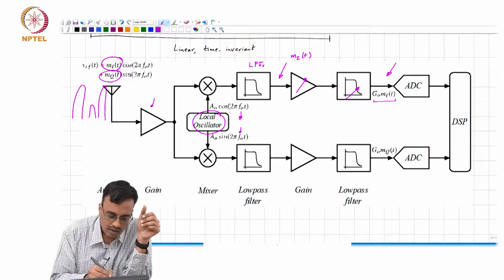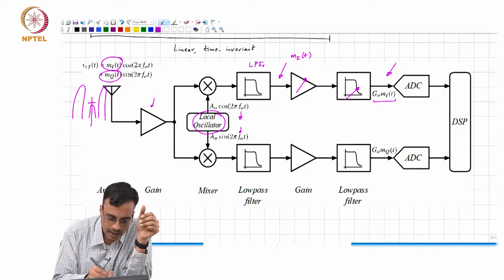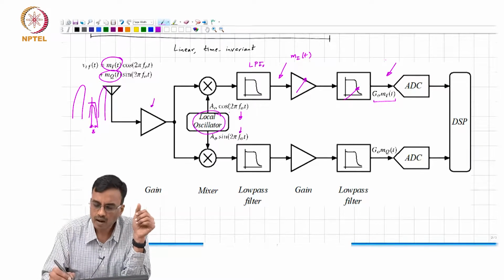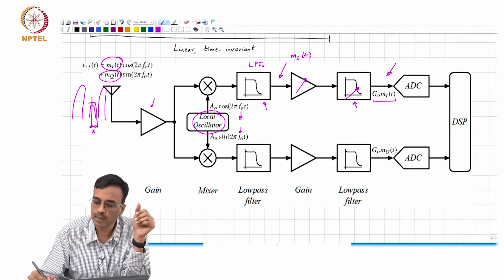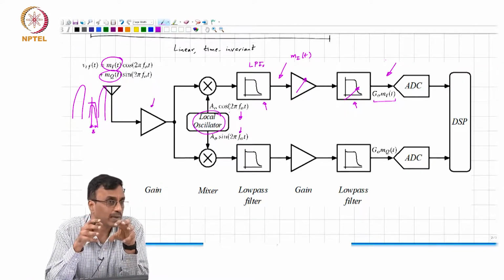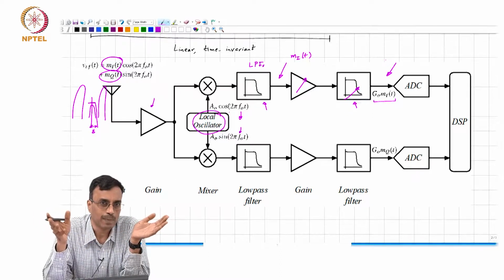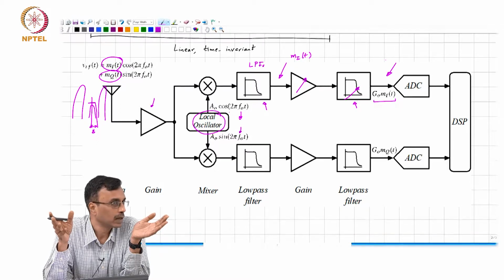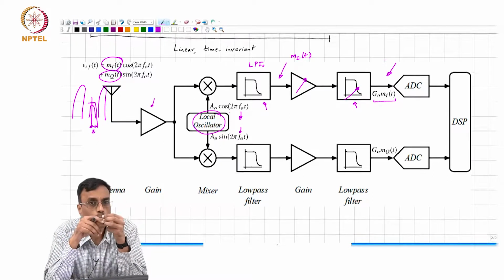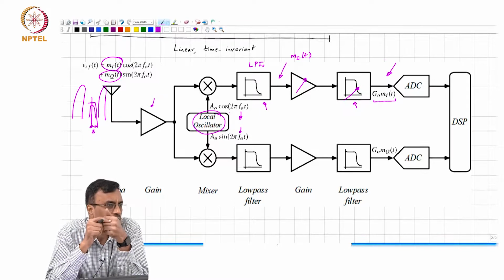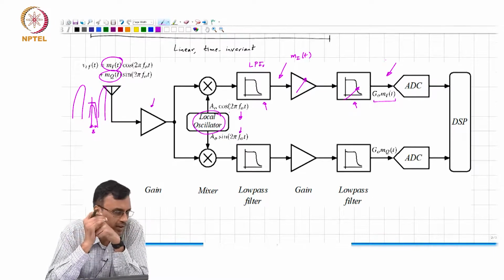But even so, if you make the low pass filter have only a bandwidth of the desired signal, namely B, then all the interferers are basically eliminated by low pass filters rather than band pass filters, correct. And do you think it is easier to make a low pass filter or a band pass filter? Is it easier to make a sharp low pass filter or a sharp band pass filter? You have seen this in one of your assignments.